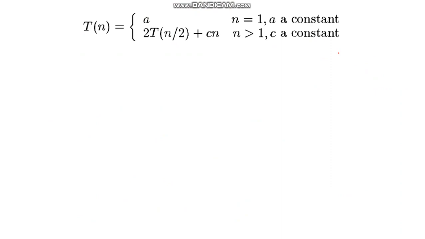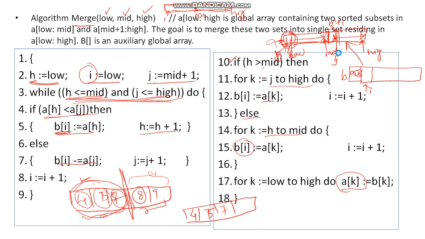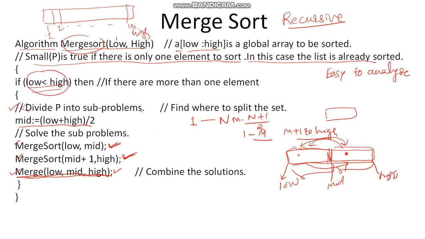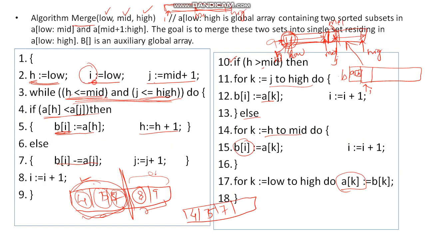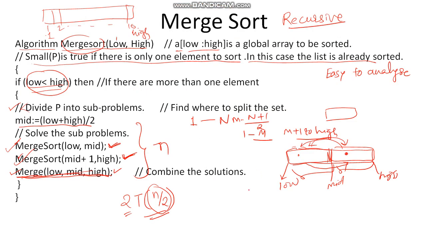Now if you look at the time complexity of merge sort, what I am doing is dividing this particular problem of size n. If the problem size is n, I am dividing it into two halves, that is n by 2 and n by 2. That is, I am dividing it into two sub-problems, each of size n by 2. And in the merge algorithm, I am doing n comparisons. So that is in terms of n. So it could be some Cn.